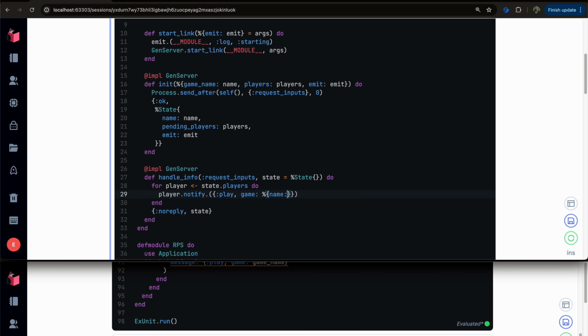That should be name is state.name and reply notify. Maybe we call these message. Okay, and send will be